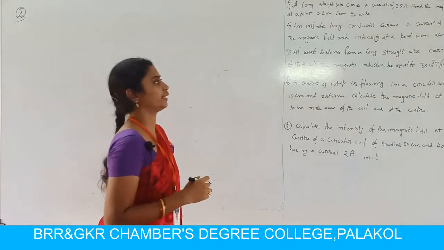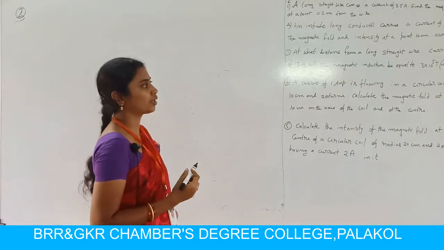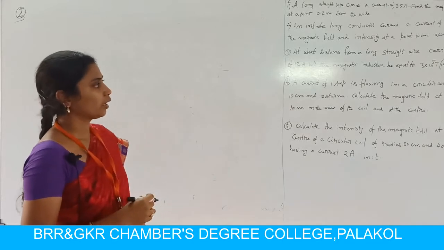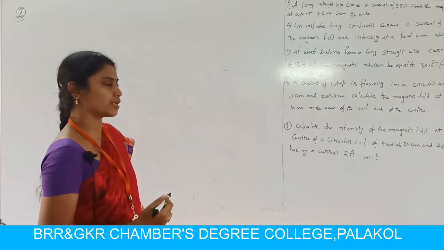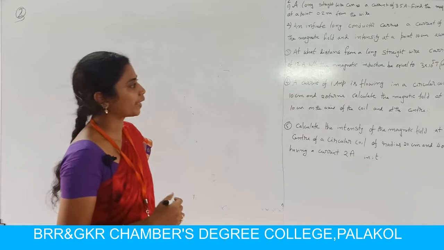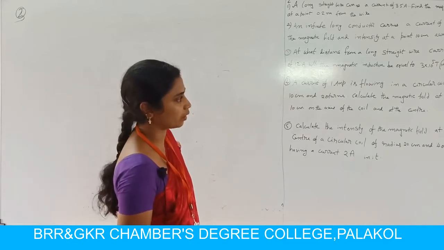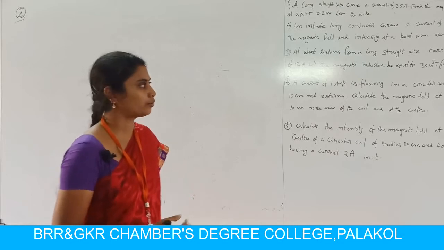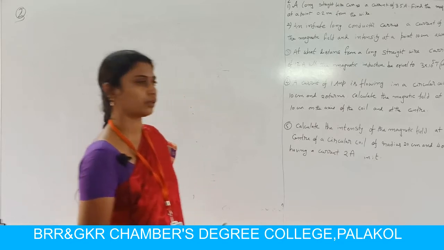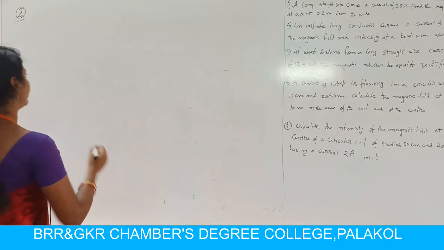At what distance from a long straight wire carrying current of 12 amperes will the magnetic induction be equal to 3 into 10 power 5 Tesla? Here the mu naught value is given in the problem, which is nothing but 4 pi into 10 power minus 7. Okay. Here the given data is,